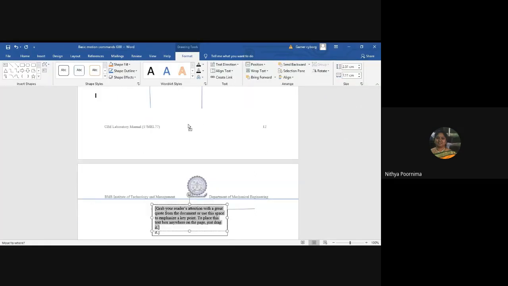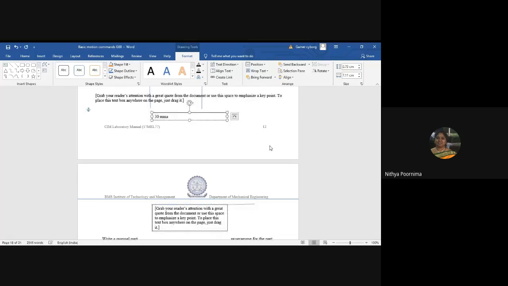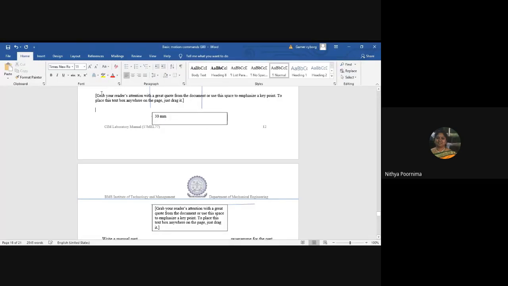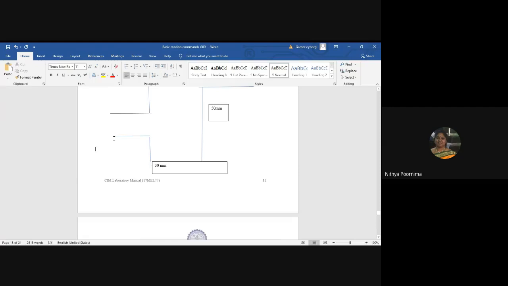This one I'll make as 30 mm. This one will be 20 mm.